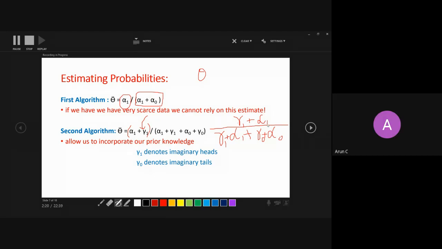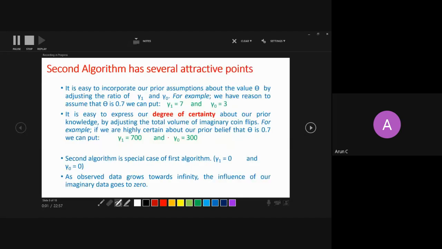Very nice. So algorithm 2 is just bringing in some imaginary numbers, or your belief. I would say it's a belief that you are bringing in with algorithm 2. So let's first discuss the advantage of the second algorithm over the first algorithm. We know there is a problem of overfitting the likelihood, which we have discussed, and it is easy to discuss now because I have already proved it.